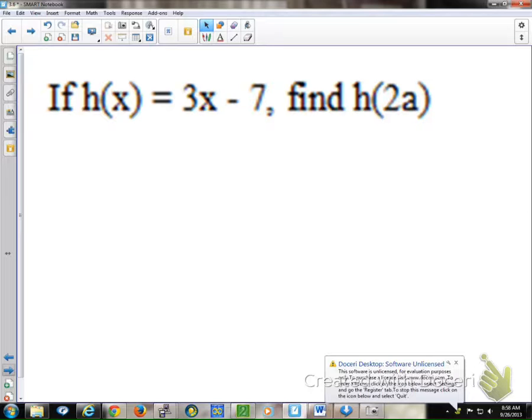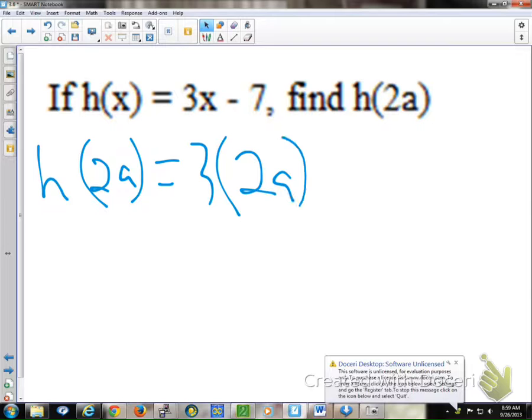And if you're looking at that and thinking, what's the point of that? Well, let's say here's a line, and for our application, whatever we're talking about, maybe pizza prices in Japan, I don't know, let's say we have to double that slope. Well, we're going to substitute out our current variable for something twice that, so we'll substitute in 2a for x. So h of 2a is just going to be 3 times 2a minus 7. Whatever is in the parentheses, you just plug into the function for whatever the variable was.